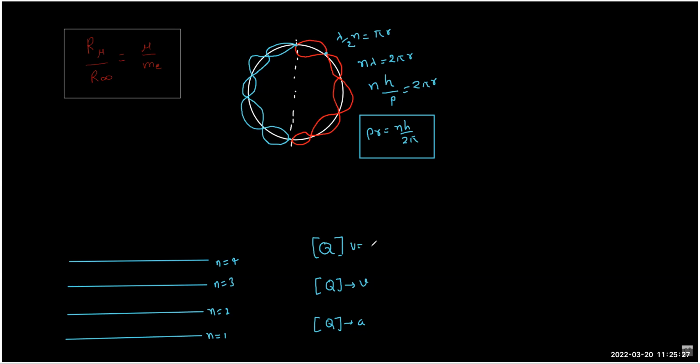A charge at rest creates an electrostatic field. When the charge is in uniform motion, it creates a magnetic field. And when the charge is accelerating, it creates an EM wave. That's how EM waves are generated. So any accelerating charge